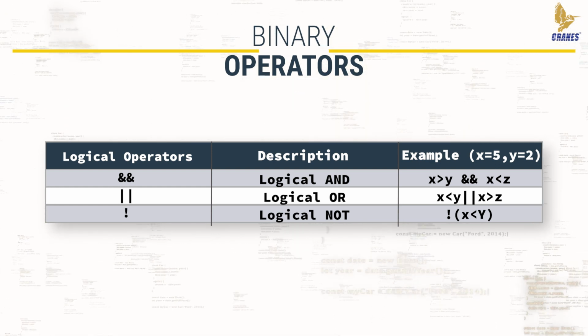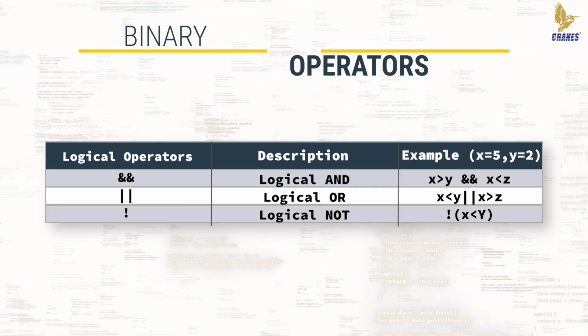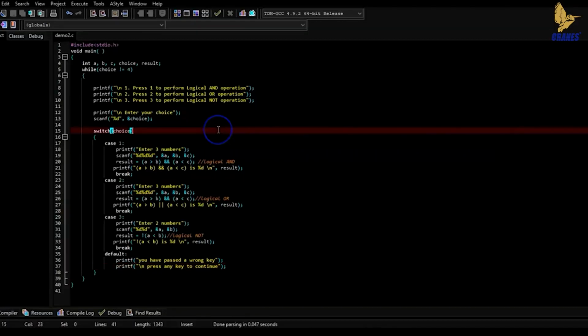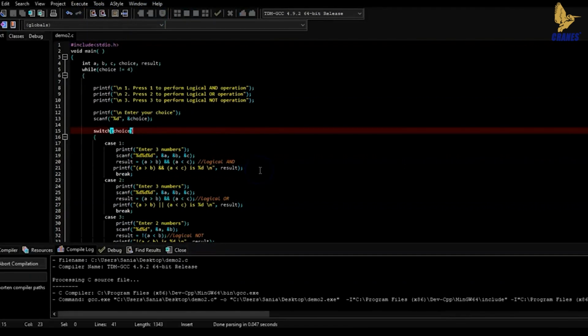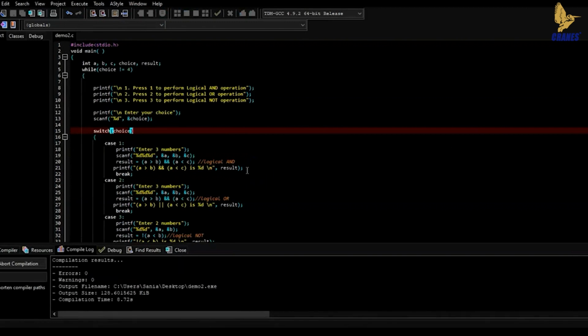Let's understand logical operators a little better by executing a program. As you all can see, in this particular program we're going to perform logical operations. So, let's run the program and see the output. So here it's asking: press 1 to perform logical and operation, press 2 to perform logical or operation, and